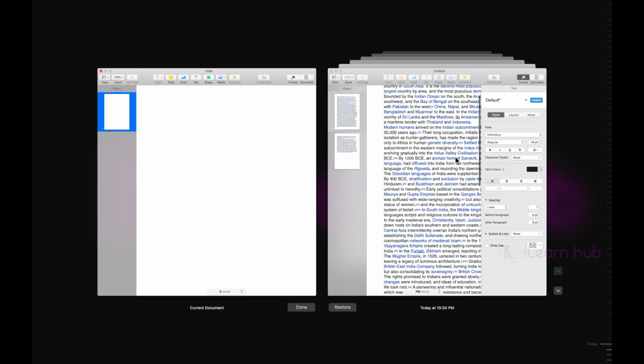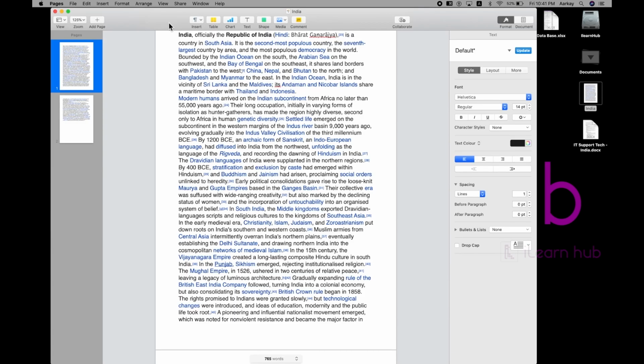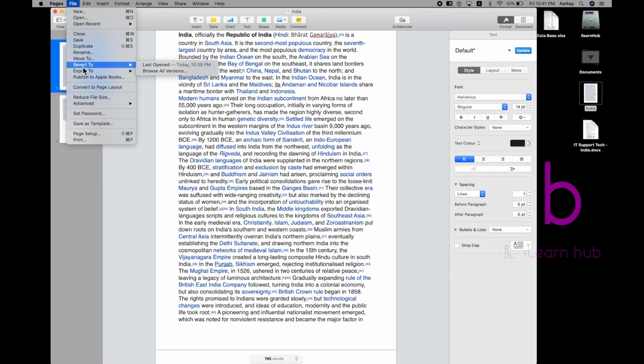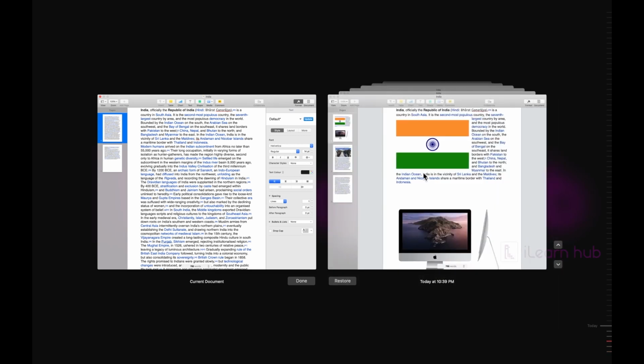If you want to restore that document, there is an option here, Restore. Just click on Restore. So this is your current document, and this is the previously saved document. Simply restore it, and you can get that document back exactly where you left it. In case you feel no, not this one, I want the one with the images, just once again go to File, Revert To, Browse All Versions. You can go back to the time again, and if you want to get this one back, just click on Restore.